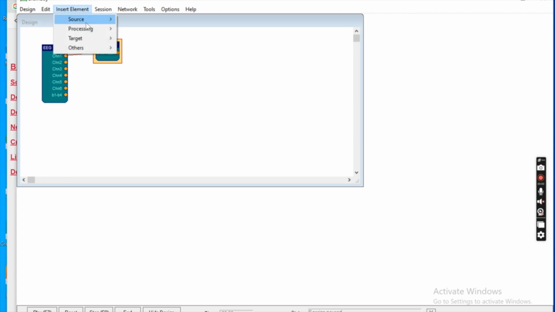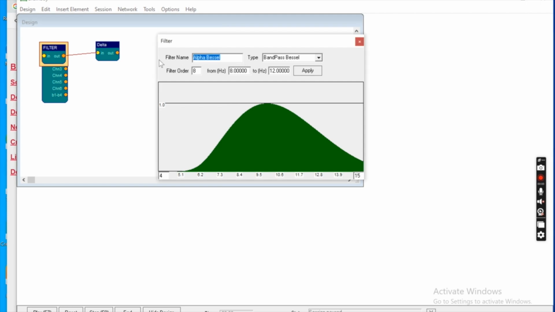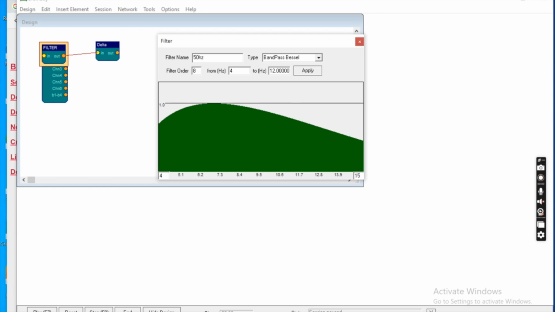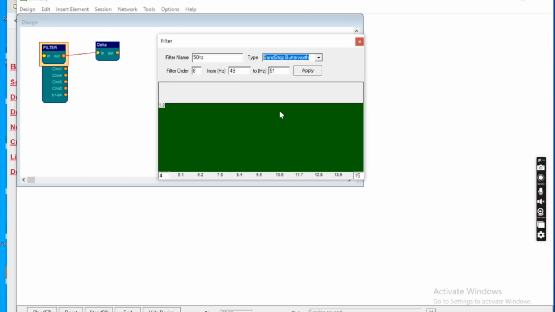And then I won't make all of these up, but we'll make one more. So another filter. And just while I'm in here, for example, if you ever needed to filter out electrical noise, because often the electrical grid, the 50 or 60 Hertz, can really get in the way of your signals if you're processing in that band. So just a quick note, you could do a 50 Hertz filter, and I won't need this for what I'm doing now, but you could set this from 49 to 51 Hertz, and then set this as a band stop Butterworth, and then that will stop any signals in that 49 to 51 Hertz band completely, and therefore filter out that electrical grid noise. And you'd obviously set that to 59, 61 if you were in a country where that was the primary frequency of your grid. So for now though, we don't actually need that, so we're going to call this our theta